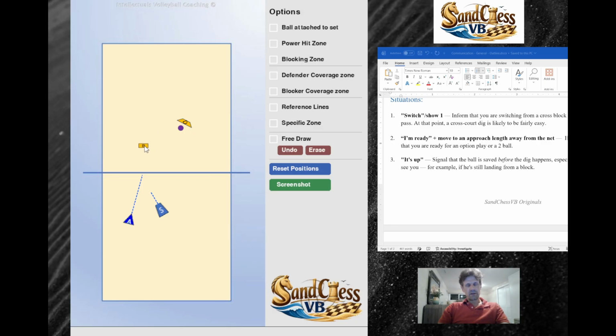At this point, as the blocker, you want to be at an approach length, so make it 10, 12 feet, approach length of the net,